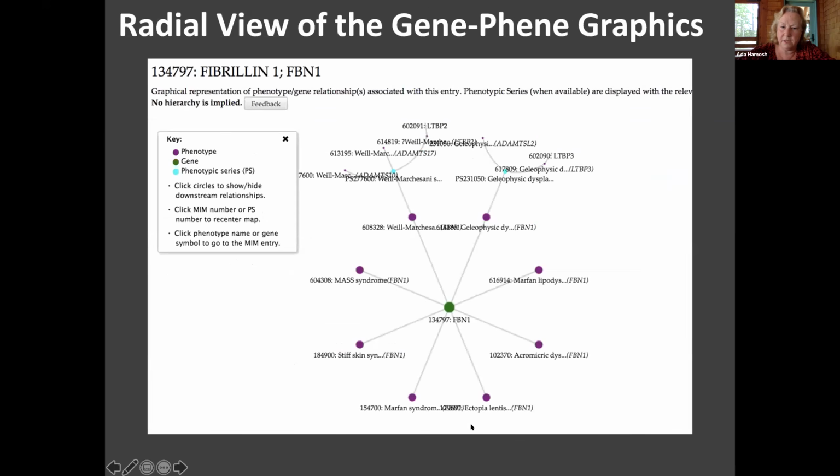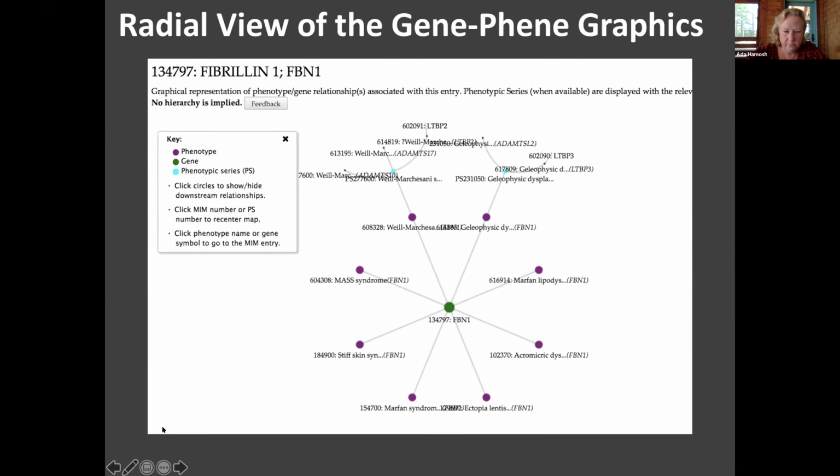It shows you all its phenotypes. It shows you, and this overlaps, but you can rotate this. I didn't do it as a video, but you can pick any of these dots and it'll rotate it. So this one is a radial view. By the way, the linear view denotes no hierarchy. Those are just relationships in a way that can be drawn.